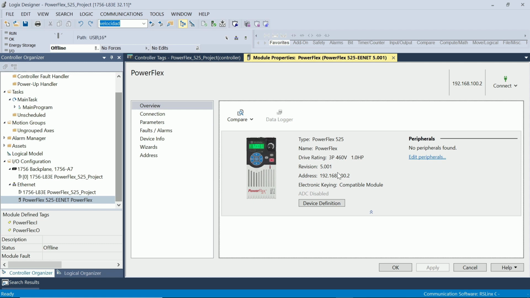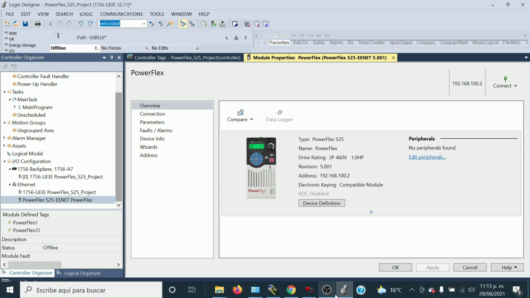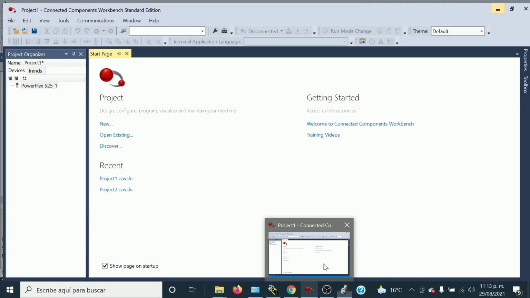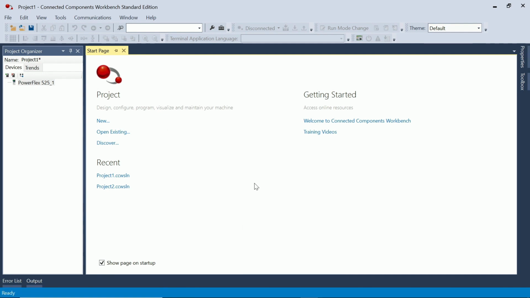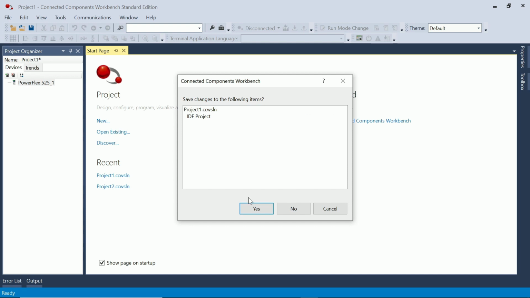So ideally, we would need to download from my CCW or my workbench all the information, for example, here for project 1, 2, depends on what it is. So I open this, say yes,